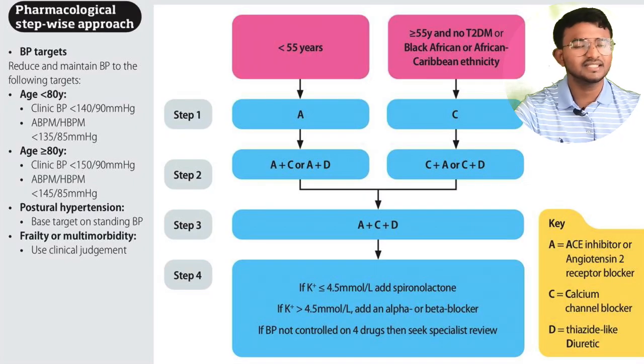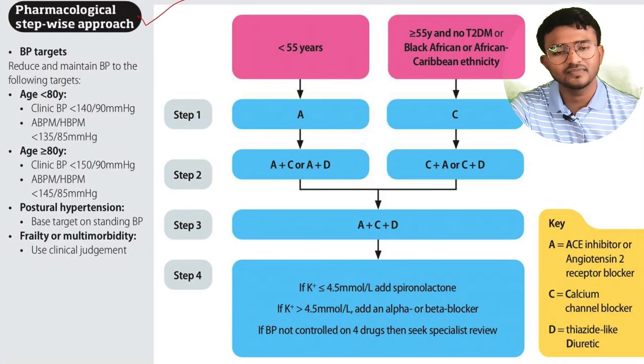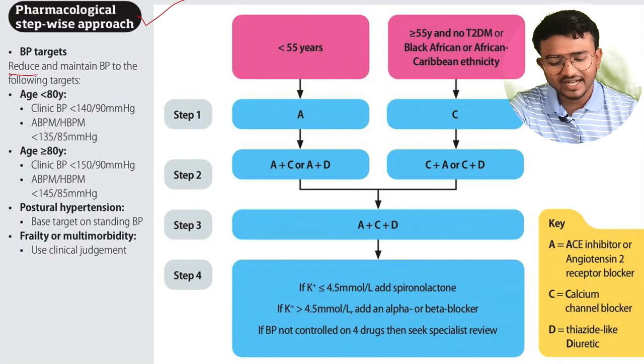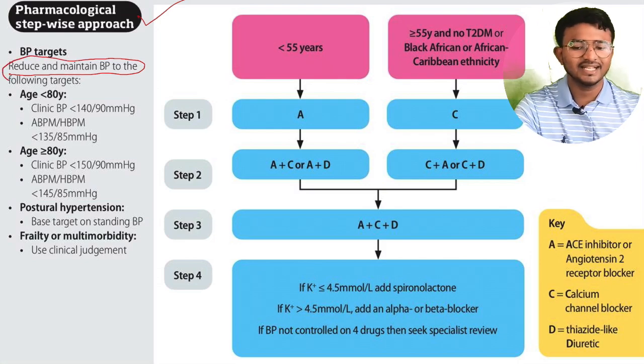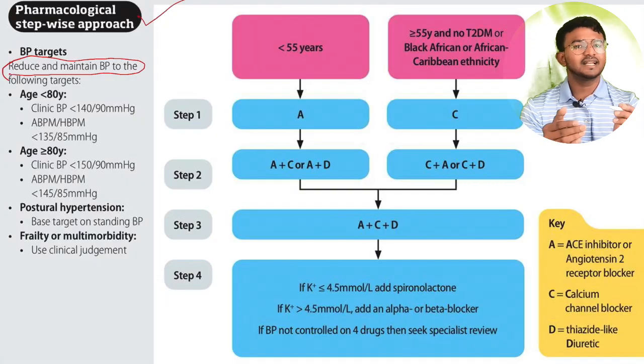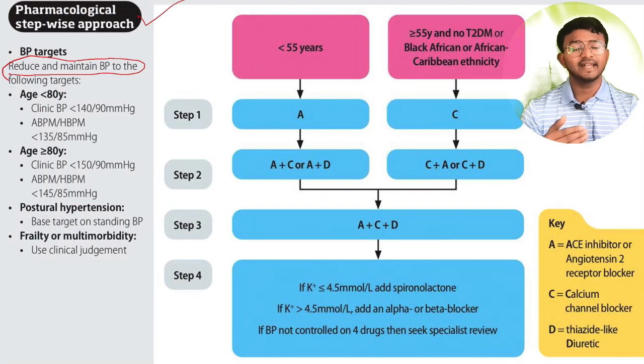So next you can see here, based on patient age we can treat. This is the stepwise approach for pharmacological management. BP targets for reducing and maintaining blood pressure: if age is less than 80 years, the clinic blood pressure should be less than 140 by 90 mmHg. With home blood pressure monitoring, less than 135 by 80. Based on that, we can change the medication. If age is greater than or equal to 80 years, clinic blood pressure should be less than 150 by 90 mmHg,